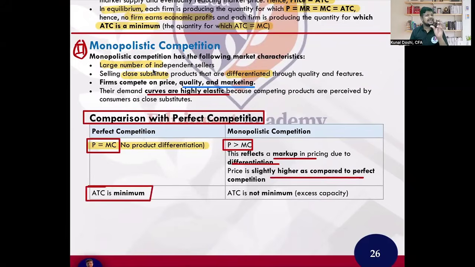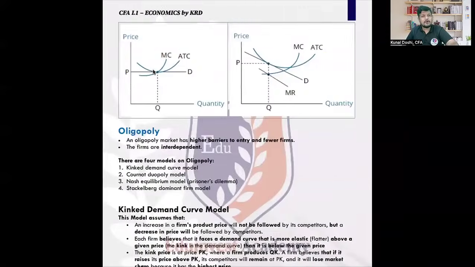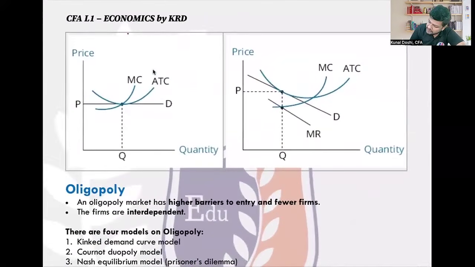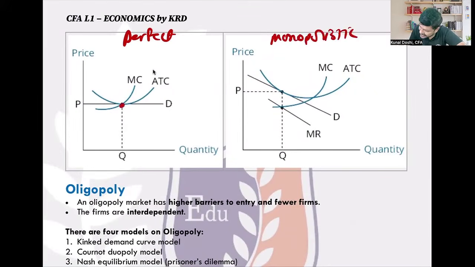It is at the point where ATC is lowest, but here the ATC is not lowest, which is called excess capacity. Now, to make you understand these two critical points, I have placed that in the diagram here. See, this is the case of perfect competition, and this is the case of monopolistic competition. If you notice,